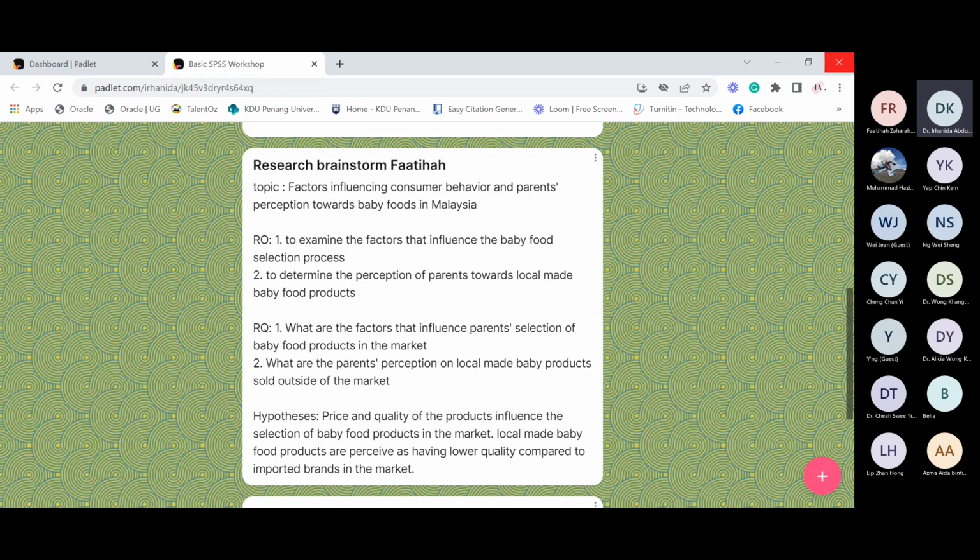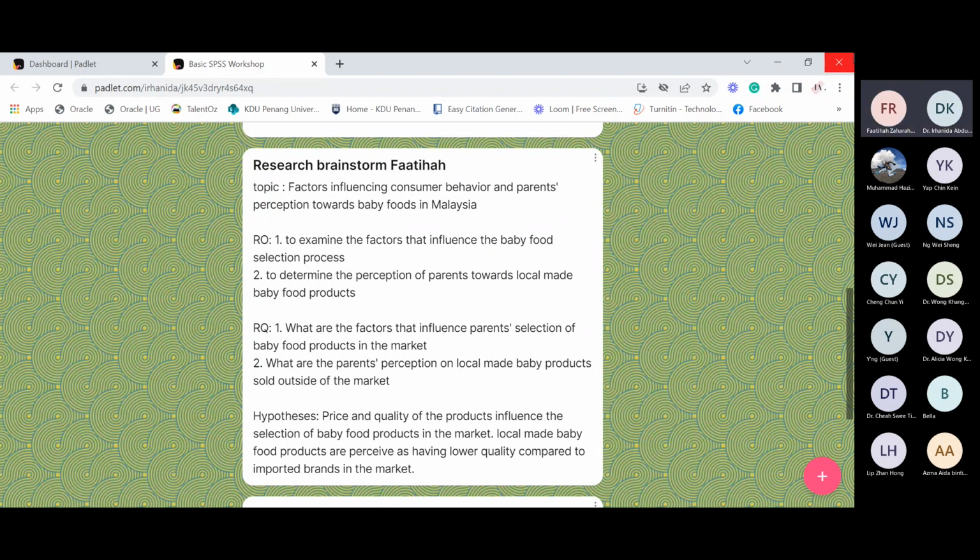Okay. Then how about the independent? Dependent is the one that is changing. Independent is not changing, is it? Yes, confused. So independent would be the baby food products itself.